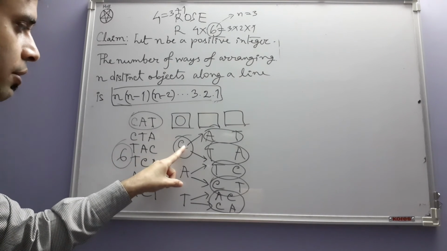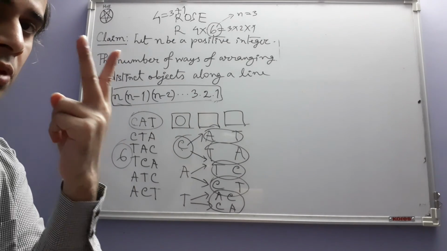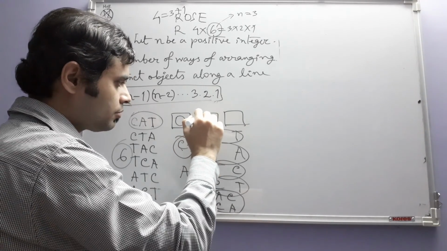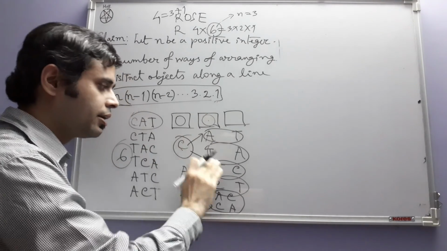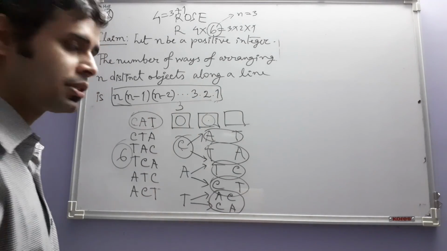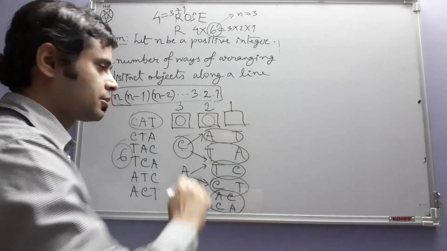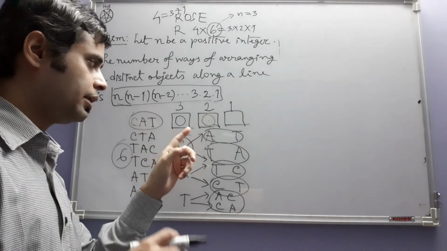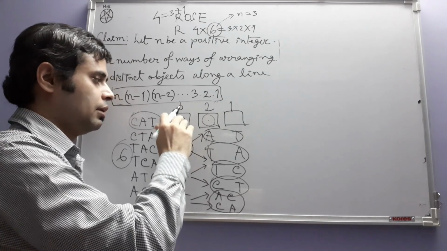What matters is that once we have chosen something here, we are left with two possibilities. This number 2 matters. So, for the second box, I can write either A or T. For the first box, I have three possibilities. For the second box I have 2, and for the third box of course I have only one possibility. Now you have to keep in mind, in what sense are we saying 3, 2 and 1? 3 here in the beginning